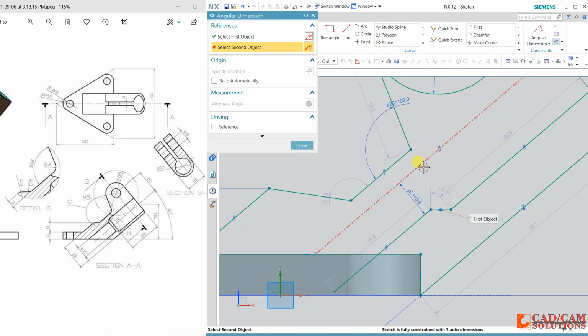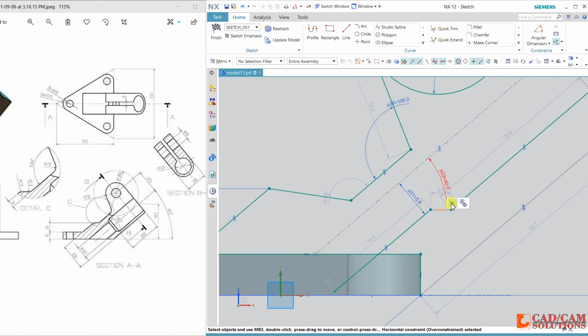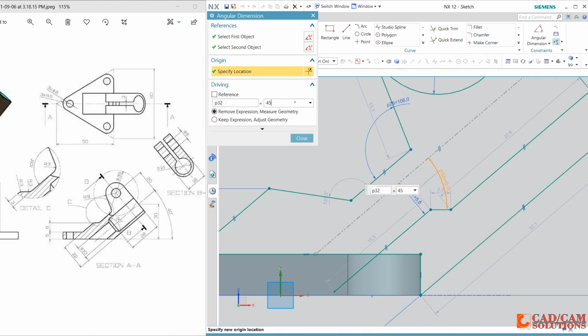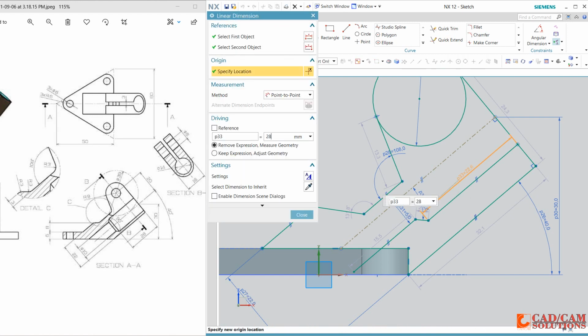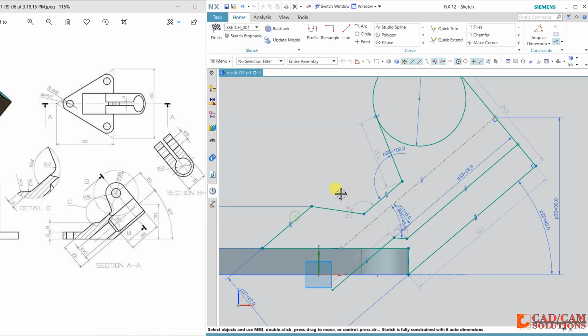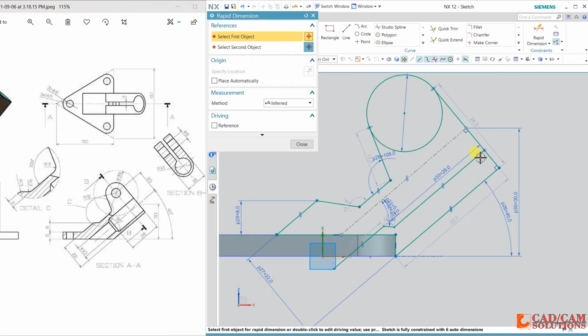Angular, this will be 45. First delete this constraint, now change to 45. Close, and the depth is 28. This gap is 14, 14 is the diameter, and this value will be 7.